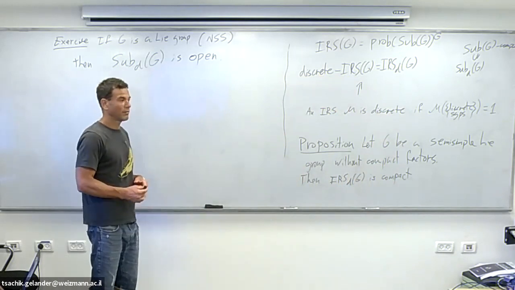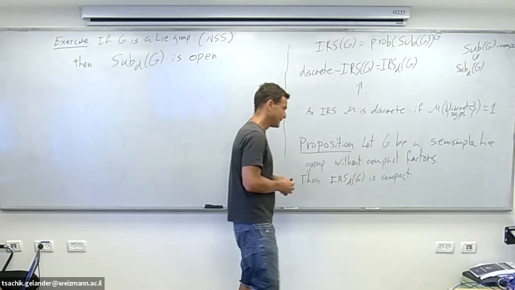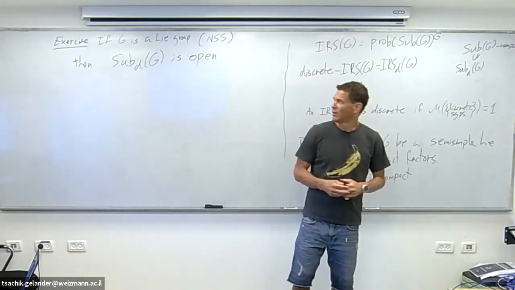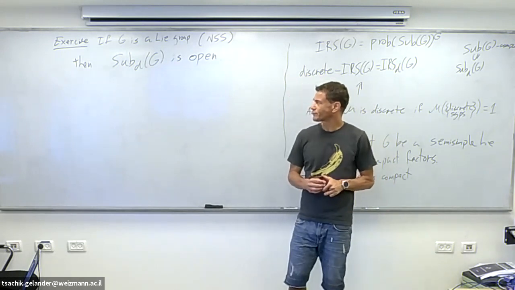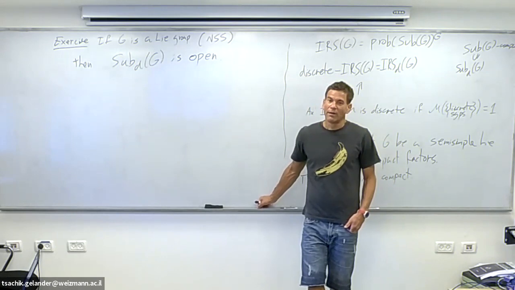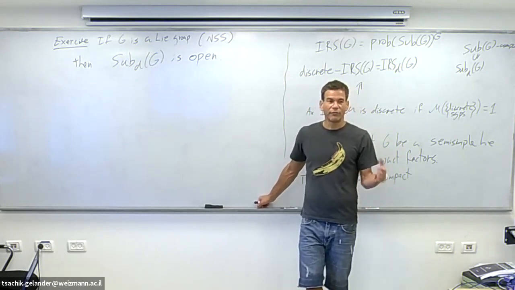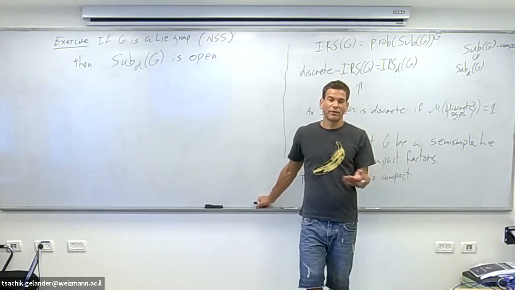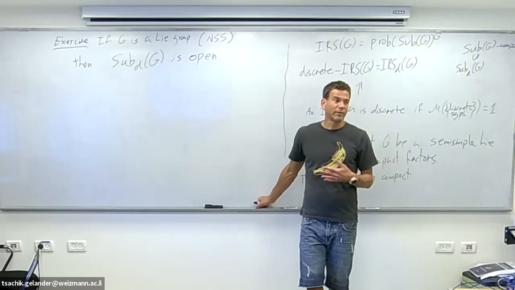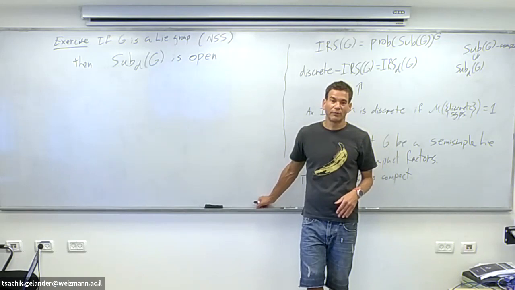That's a nice exercise. Yes, it's not closed. You can say things about the closure. For instance, you can prove that if a group is a limit of discrete subgroups, then its connected component of identity is not necessarily trivial, but it's necessarily nilpotent. It may be a larger nilpotent.